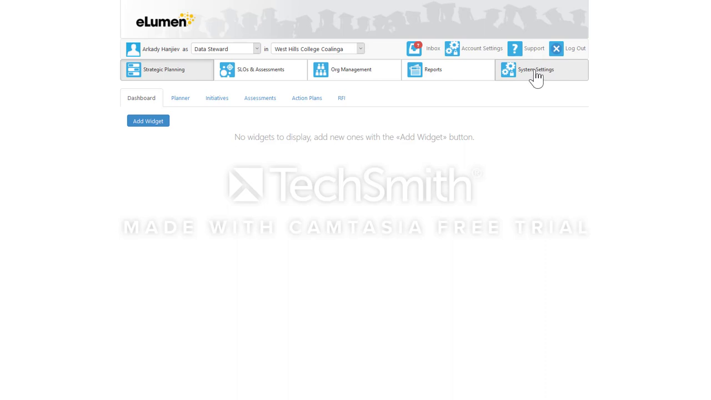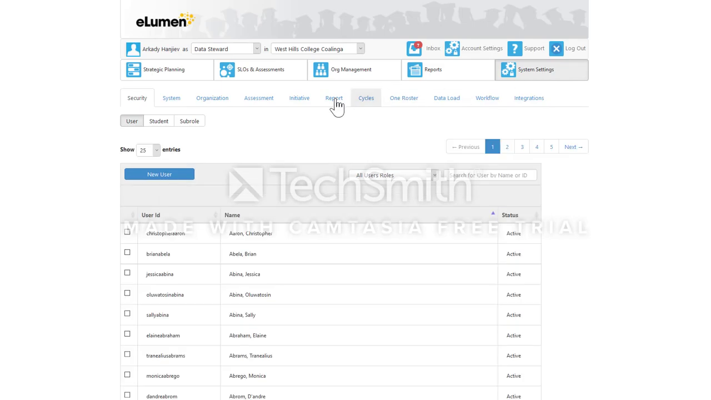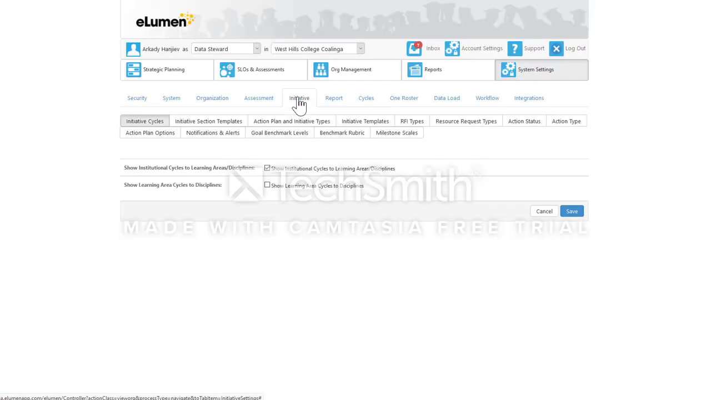So go into System Settings right here. The default is your Strategic Planning, but you want to go to System Settings. And you want to go to Initiative here. So Program Review